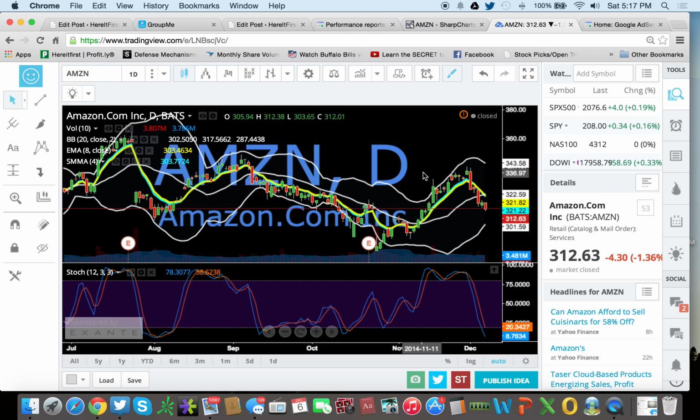The SMA, I use that one for breakouts and whatnot when the stock is volatile. So let's say one day it moved 20%, the next day it dropped 10%. The 8-day exponential average isn't going to help much. It will help, but it's just not going to be as accurate, in my opinion, compared to the 4-day simple moving average. So again, over here, stochastics, when it's over 80,